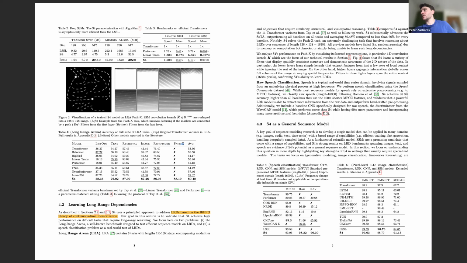But the next thing they do as a test is they want to show, okay, we've shown our model does well on long-range dependency tasks, but what about just general sequence tasks that we use as benchmarks? And what they show is that they can apply their model to a lot of different benchmarks, where here's speech classification. This is image classification when you're viewing the image as a vector, and they get near or state-of-the-art performance on